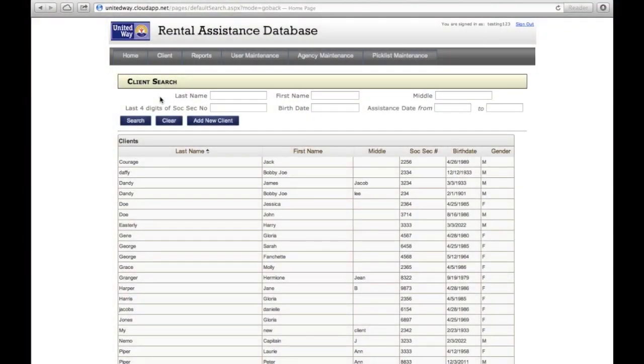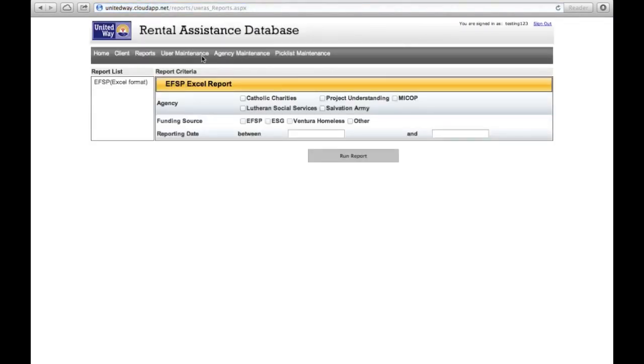Now let's say that you'd like to create a report based on EFSP funding for the year. Click over here on the Report tab, and you're brought here. You can actually choose any agency or combination thereof and funding source and your reporting dates. So let's say that I'm interested in looking at Catholic Charities and Lutheran Social Services. I would like to see the EFSP funding, and I'm going to do that for January through October of this year. I just put in my selections, press Run Report,